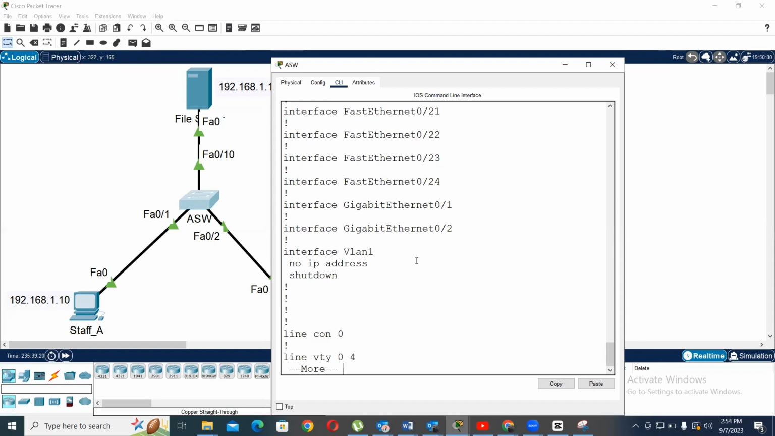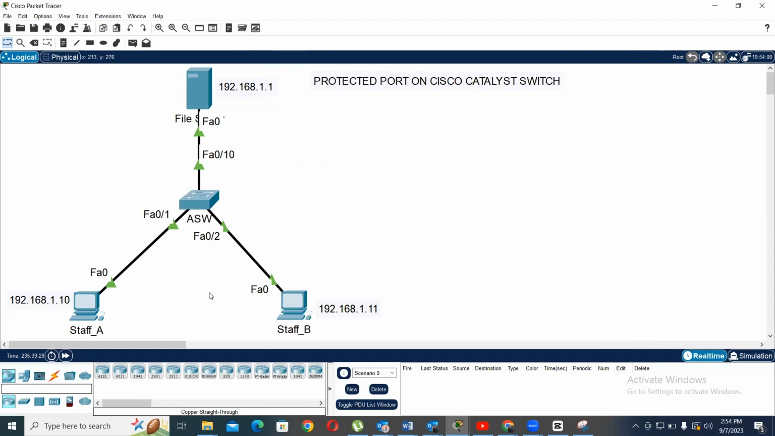So what if we want to enhance security and ensure that staff A and staff B can only reach servers but not each other? Like here, staff A can access this server, and this staff B can access this server, but they cannot reach each other. And this makes perfect sense in a client server setup. Normally, there's no need for computers to connect to each other